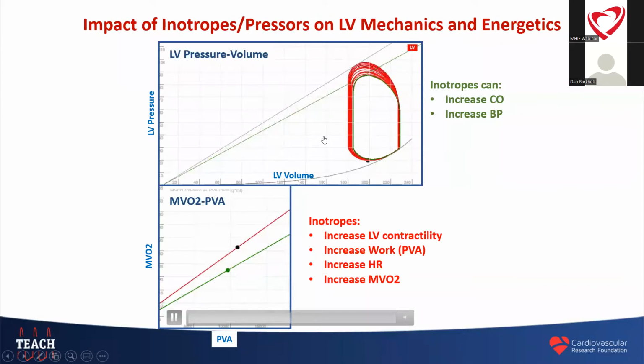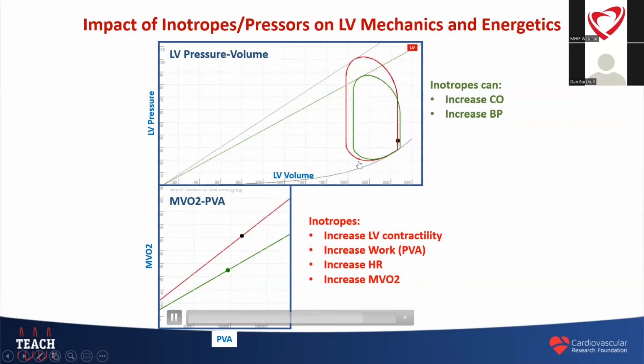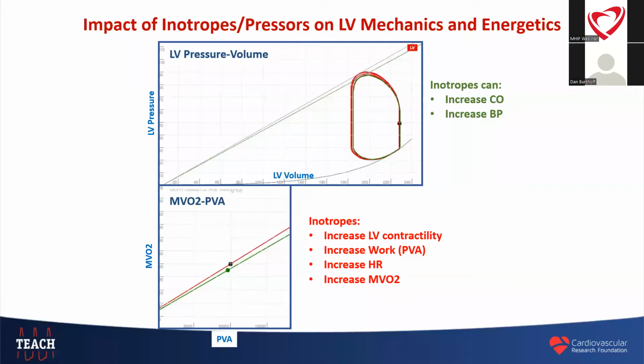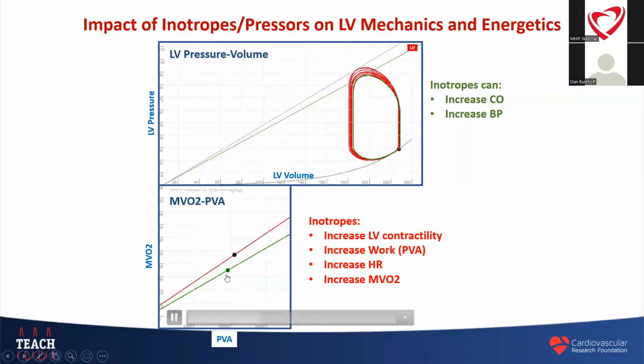That whole area is what correlates with oxygen consumption. And what you can see is when you use inotropes and pressors, not only does the pressure volume area increase, which is the leftward shift here of that point, but also this relationship increases, it raises, so that at any given work, due to the increase in heart rate and myocardial contractility, the heart will use more oxygen consumption. So all of these things, the increased contractility, the increased work, the increased heart rate, are all conspiring to